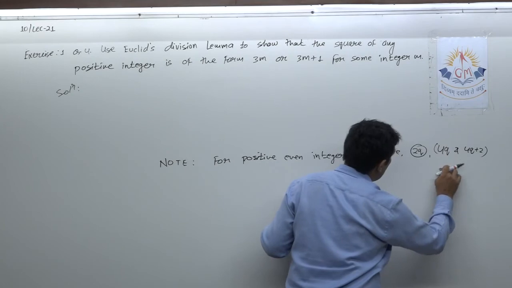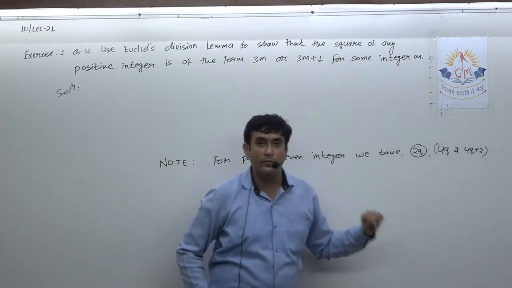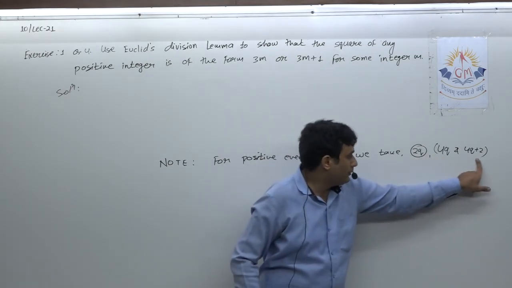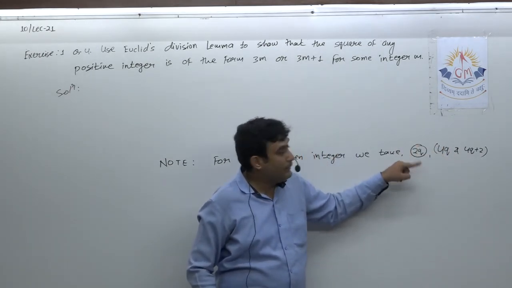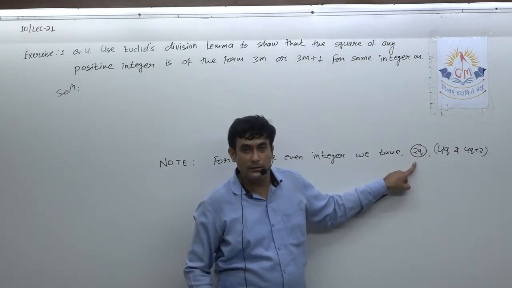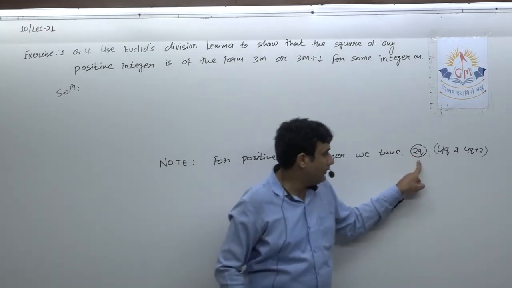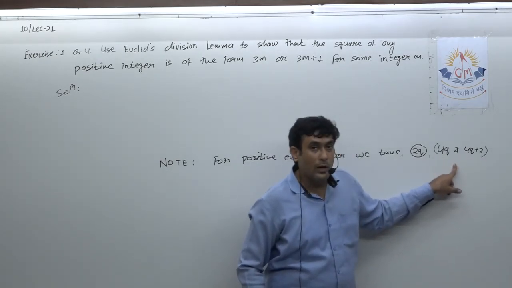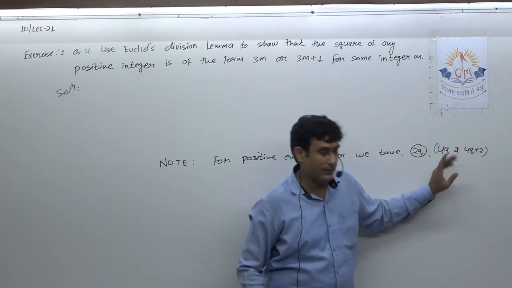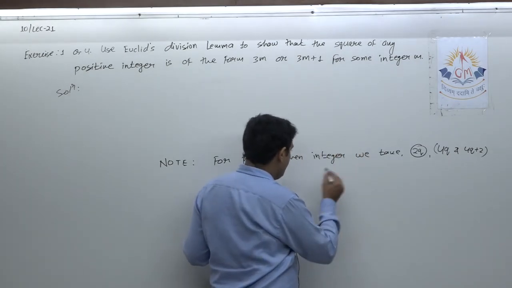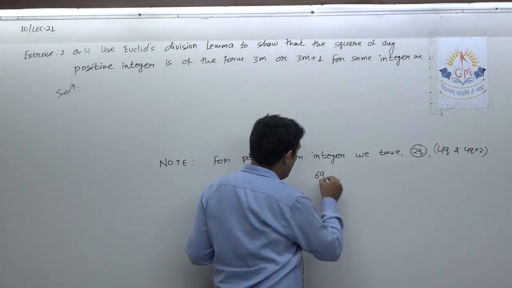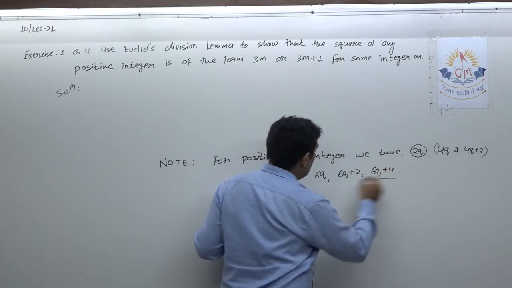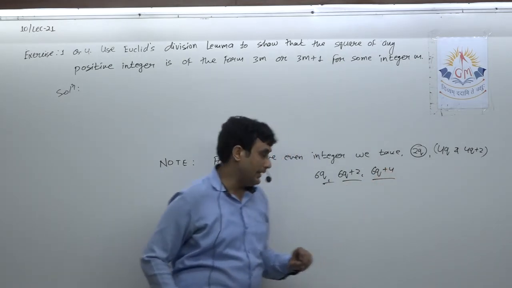Okay, what I want to say is that if you have to take an example of an even number, then either go with this or go with these two. That means if you take b as 2, this is the only term which is an even integer. If you take b equal to 4, then these two are the even integers. If I take the series of 6, then 6q plus 2 and 6q plus 4. These three represent the positive even integers.